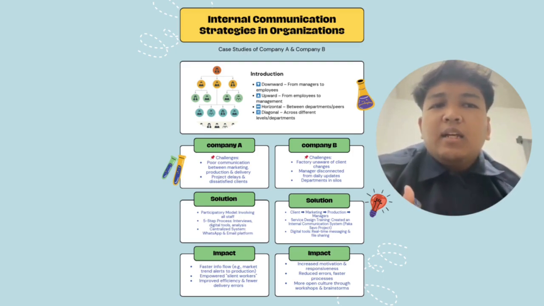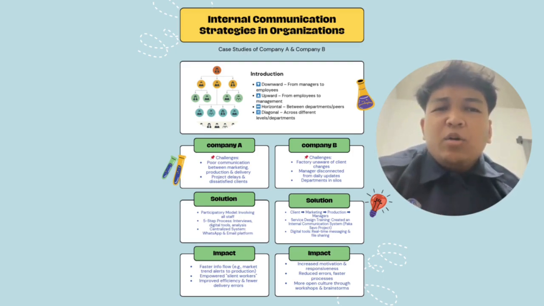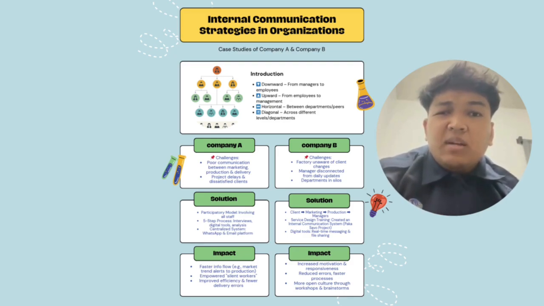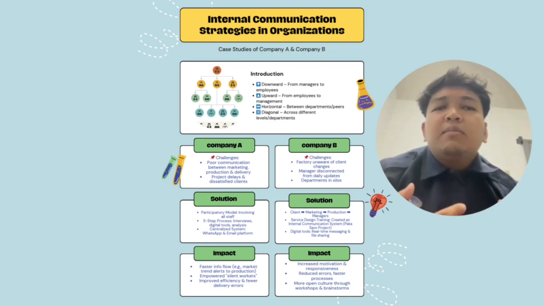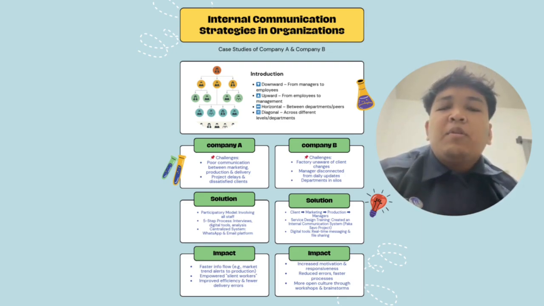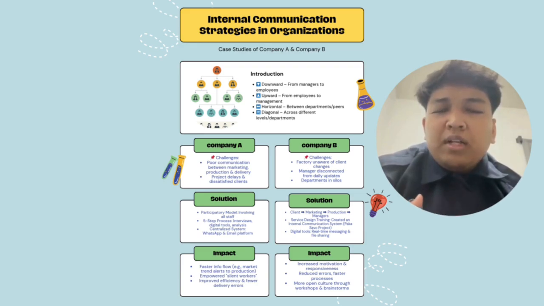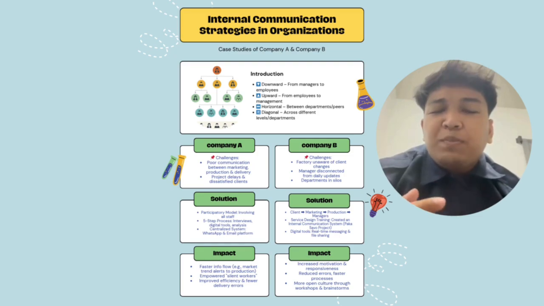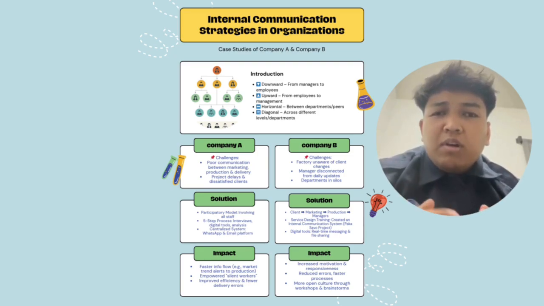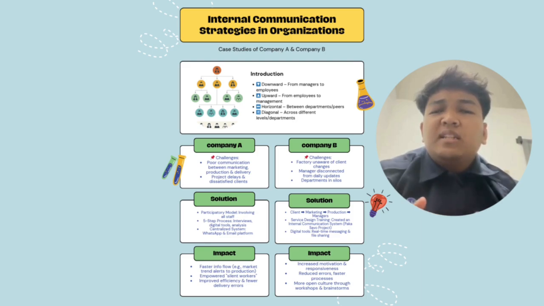Projects get delayed, customers become dissatisfied, and the company ends up losing money, all because important information wasn't properly shared between teams. For example, when the marketing team received a special request from a customer, the message was either delayed or didn't reach the production team. As a result, the final product didn't meet expectations, and the customer complained. That was one of the root causes of this dissatisfaction and loss.